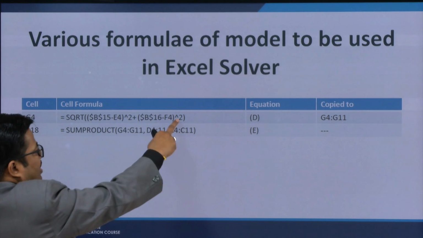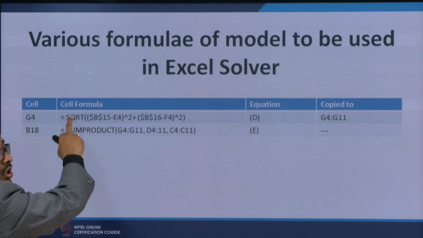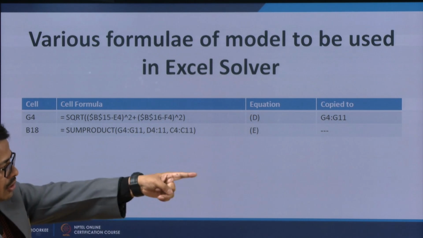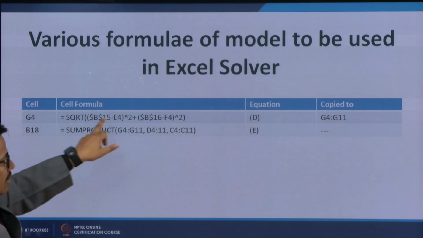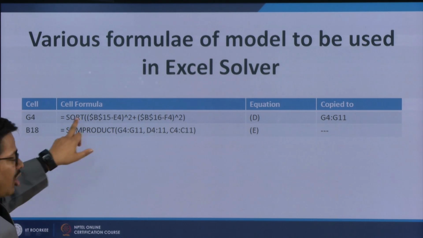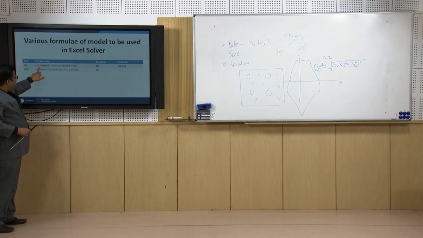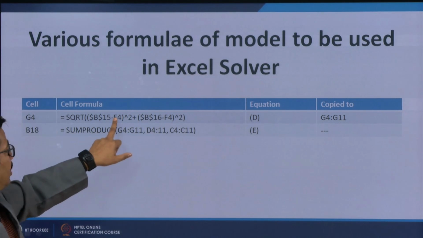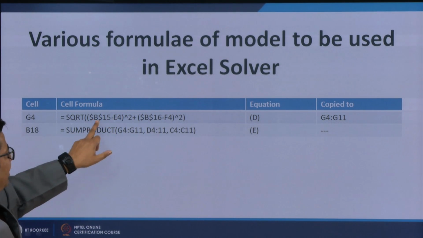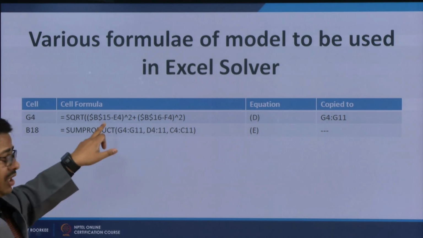So this is the symbol for square, and the square root of this whole bracket. What we have written in algebraic form is written here in the form of an Excel formula builder. So square root, double brackets, B15 minus E4. E4 I am giving as an absolute value, and for B15 the dollar symbol here is for the relativity, because